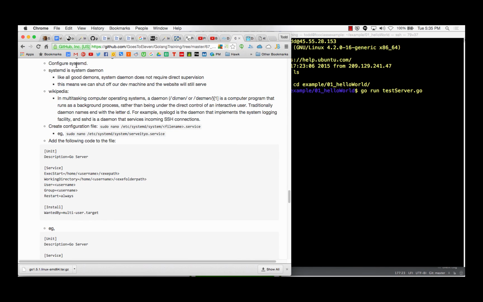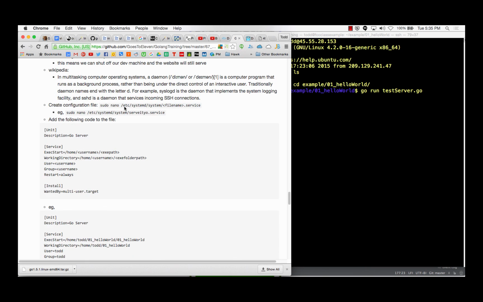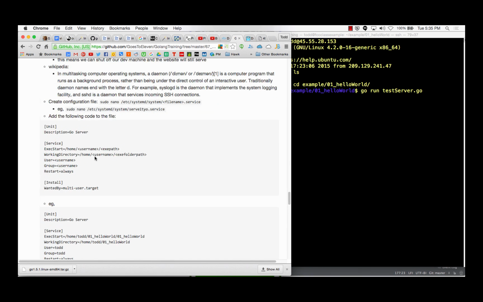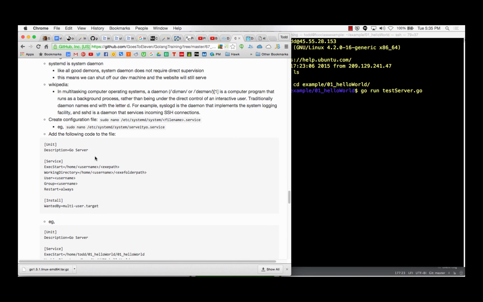And now I need to configure my systemd. And to do that, I do this stuff, and then I could close my terminal and it'd keep running. But I think that's pretty easy to follow, and that's what that last bit does, so I'm not going to show that. All right,